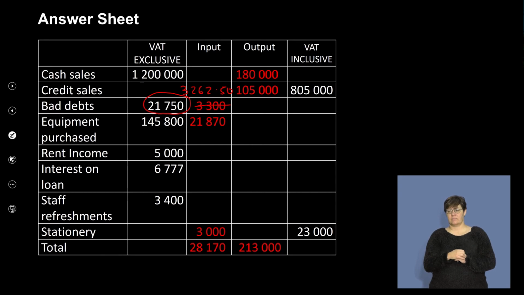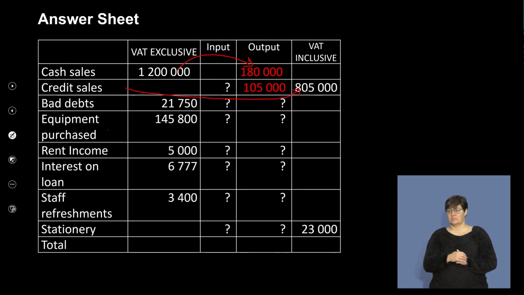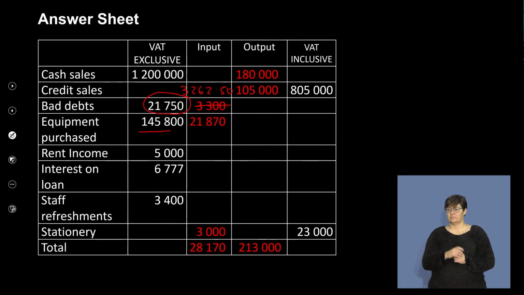All right. The next one that we have here is our equipment purchased at 145,800. Again, let's do our calculation. 145,800 times the 15% will give me a figure of 21,870. Voila, that one is correct. So we go back into our calculation here, and we've got the 21,870. Okay, now you find you have items here called rent income, you have interest on loan, and you have